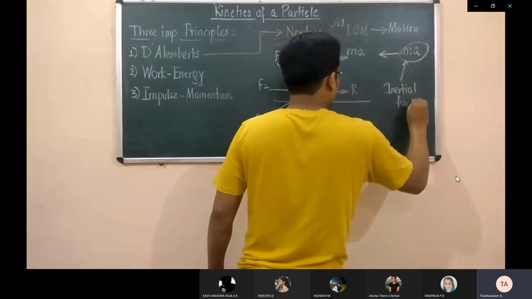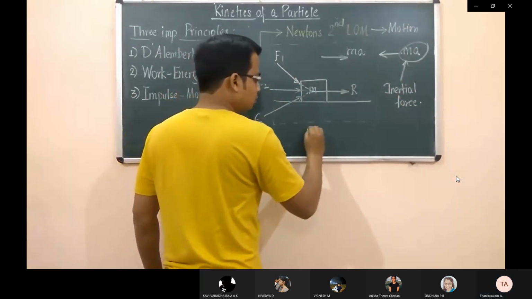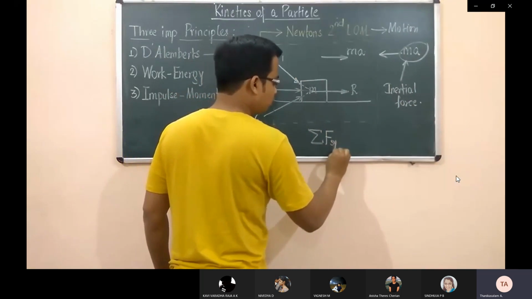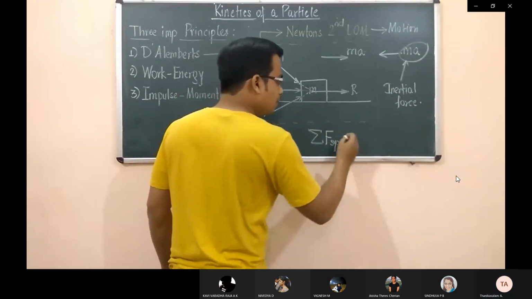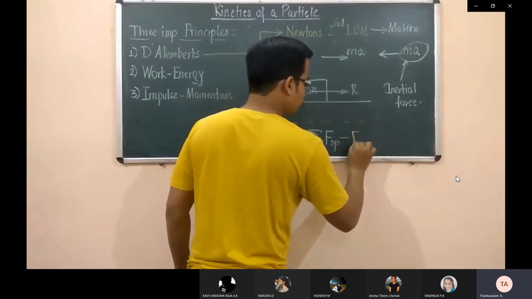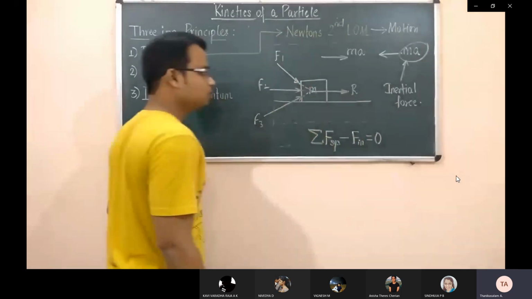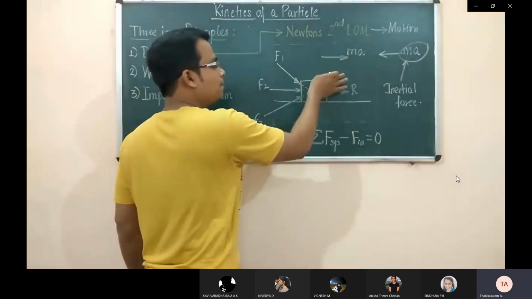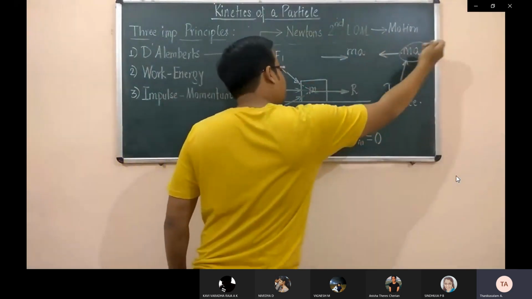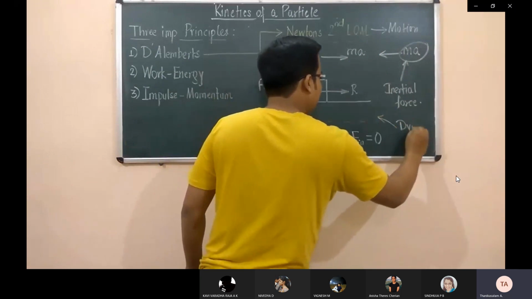Inertial force. So guys, according to D'Alembert, this is what he says: the summation of all the forces acting on the system, acting on the body, acting on the object, minus the inertial force, right? This is F inertial is equal to 0. So in order to bring this system which is in motion to equilibrium, we need to apply a force of equal magnitude, mass into acceleration, but in the opposite direction. And this equilibrium, he terms it as the dynamic